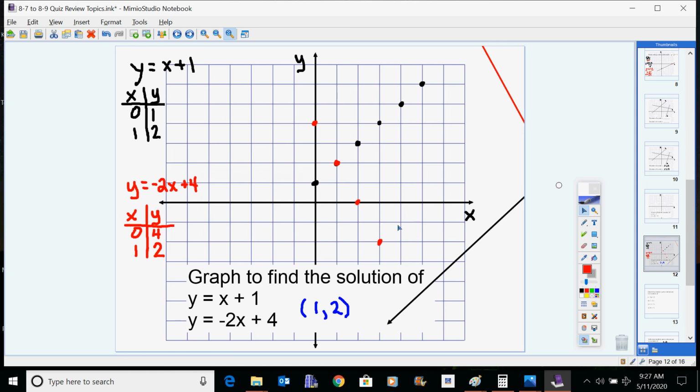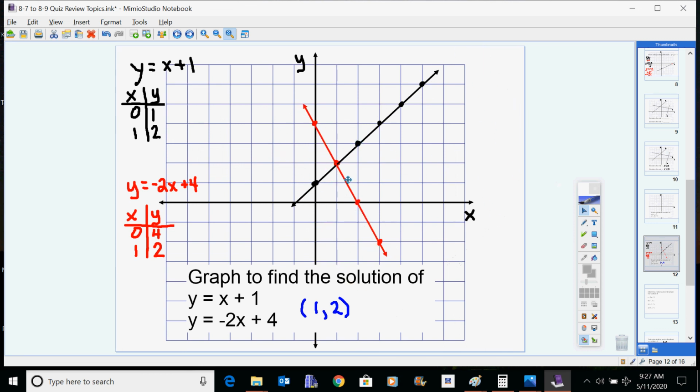Once you have the pattern established, you can just continue that pattern to make your line. Do make sure that you're careful to complete a pattern to make a line in order to get these solutions. You may have to go a few. On this one I started at 0 and 4. And then at 1, when I plug in a 1, my solution would be a 2, so 1, 2. And the pattern continues. When it says solve by graphing, make sure that you can actually make the graph, the lines that go with them,